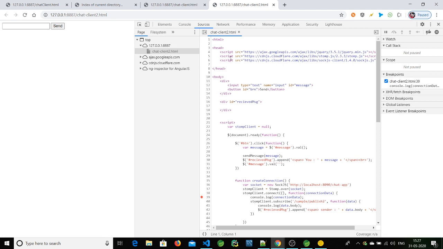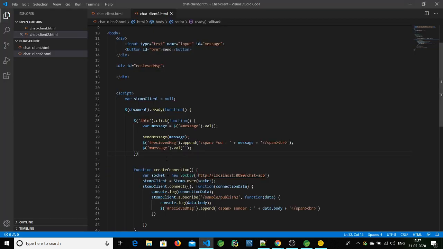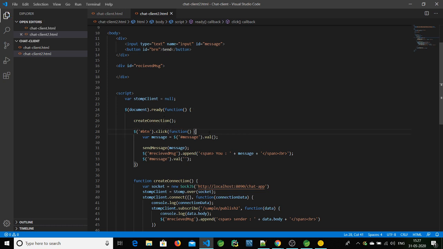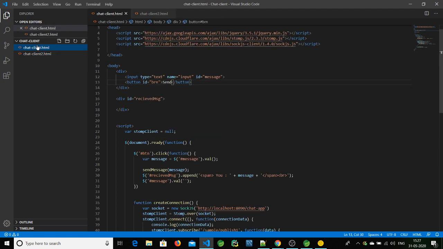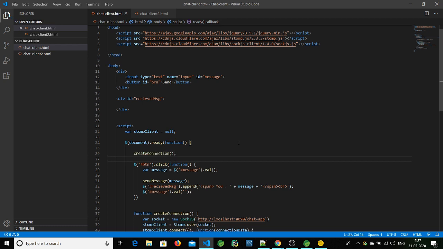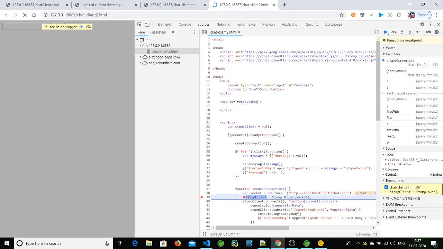let's put a debugger here. Okay, I made one mistake. I have created one function, but I'm not calling this function. So how will the connection be created? Silly mistake. Let's fix that. Now the function will be called and the connection will be created. Let's do the same for the second file. Here also. Now let's save and refresh the page, remove this debugger and observe the console.